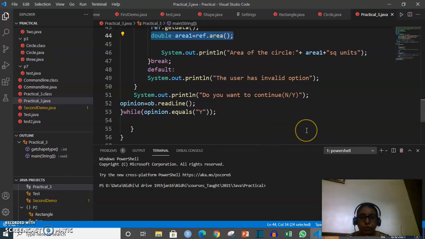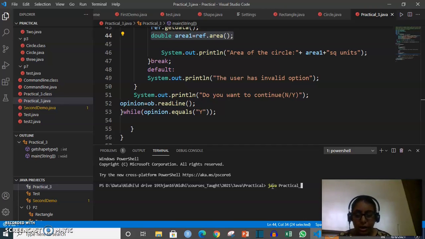So I hope you will be able to execute this, and you can, this is also a command prompt. You can also execute your Java, this is practical 3, practical_3 over here.